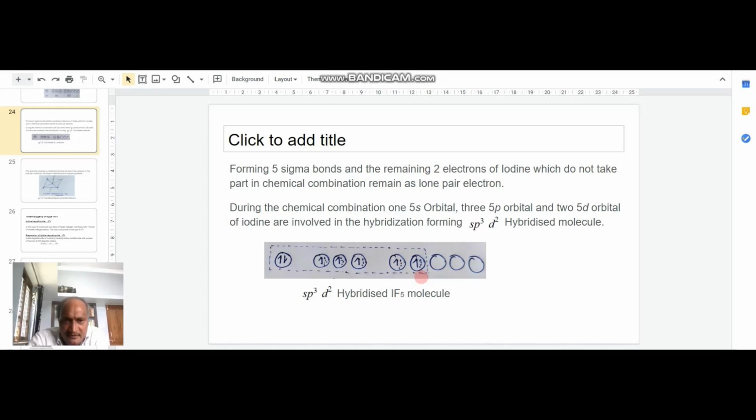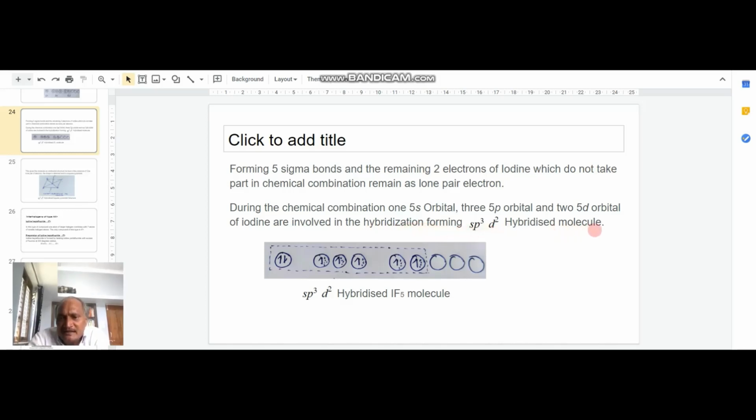That is, during the hybridization, 1 5s orbital of iodine, 3 5p orbitals of iodine and 2 5d orbitals of iodine are involved in the bond formation, forming